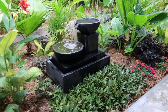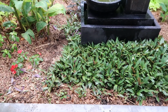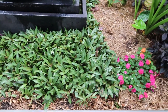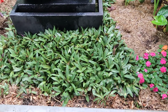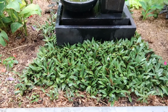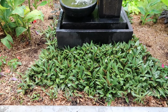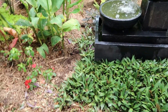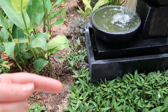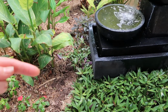The other thing to let you know is this in front, which is Moses in the Cradle, or Roea, that I'm trying to get thickened up. I've grabbed some from elsewhere in the garden and just want to get a nice, really solid block. You can see there are some gaps in front, and I've just started applying some more along the side. I want to bring out the sides further, bring it right out through there and make a bit of an outline around the water feature,